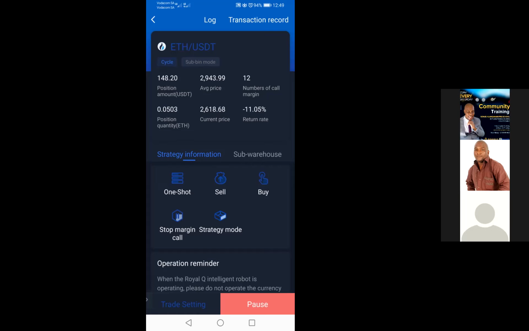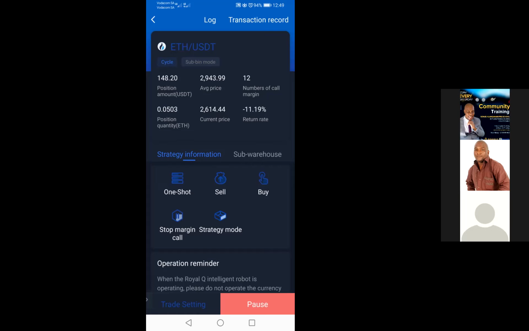Now there's something that I wanted to show. Remember we had a number of margin calls, they were 11, now they're 12. Can you see that? Yeah, it's because you opened the margin call and you started the trade. Now the robot is buying. You can see